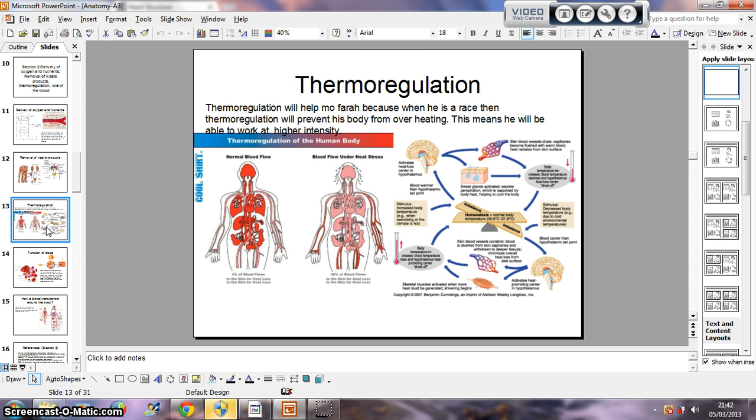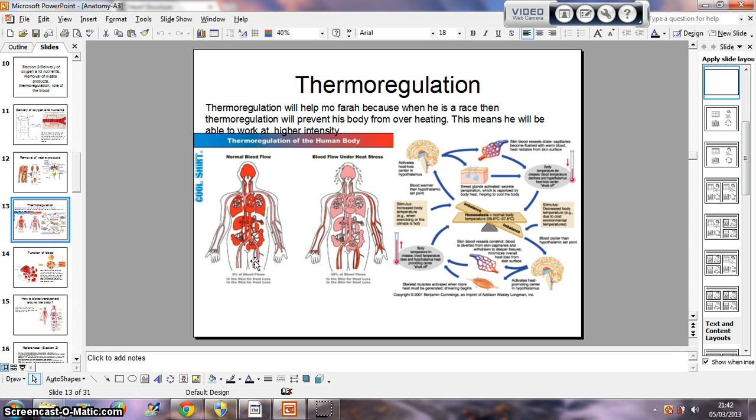The body loses heat by sweating. Sweat on the surface of the skin gets evaporated, which then ultimately cools down the skin. Also, the body's blood vessels vasodilate. This means that the vessels get close to the skin so the heat can diffuse through the skin and then will obviously cool down. Now, the opposite of this